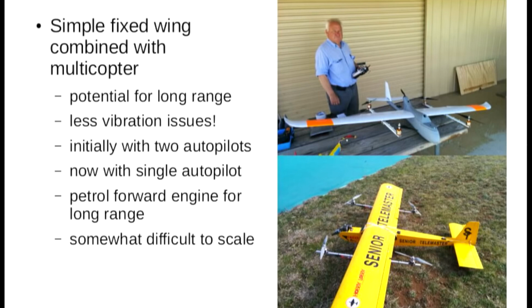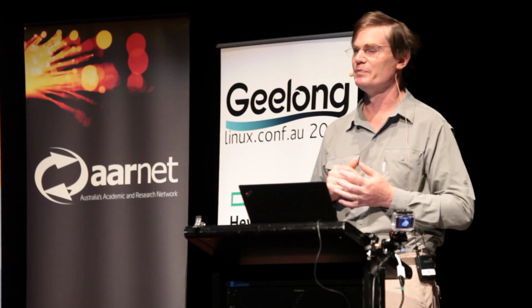So the bottom one was the one we first built, which is based on a venerable aircraft, a design from back in the 1950s, I think, called a Senior Telemaster. And it's sort of balsa and covering. And what we've done is we've taken this basic aircraft, which is a petrol aircraft. It's got a 15cc petrol motor in the front. A really nicely, easy to fly aircraft. The catchphrase of the manufacturer is, nothing flies like a Telemaster. They fly really beautifully.